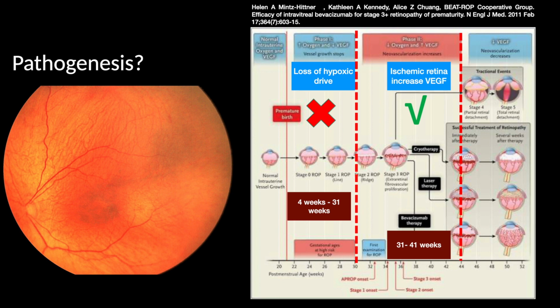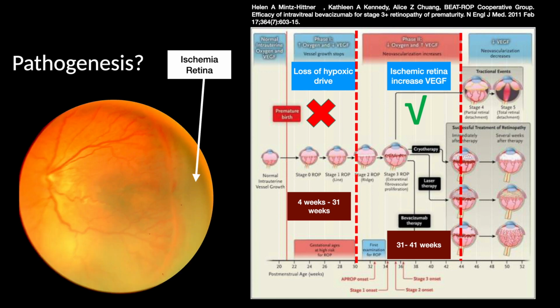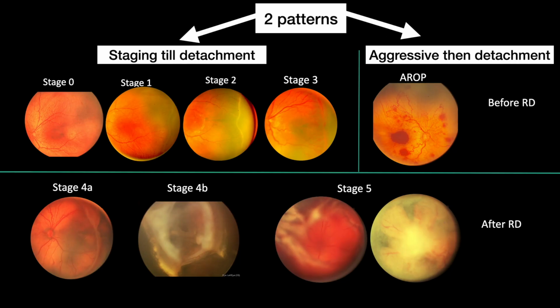How does this happen? The loss of the hypoxic drive after delivery causes the vessels to stop growth. After a while, this retina, which is avascular, turns into hypoxic retina and produces vascular endothelial growth factor, which is phase 2. Progressive production of vascular endothelial growth factor leads to ROP changes going into neovascularization with progressive production of transforming growth factor beta. The new vessels turn into fibrovascular proliferations and cause retinal detachment, which is the start of phase 3. So by going through these stages, the retinopathy of prematurity can turn from stage 0 into total